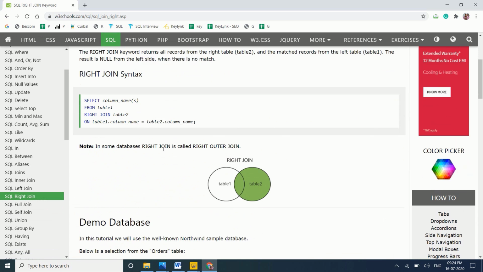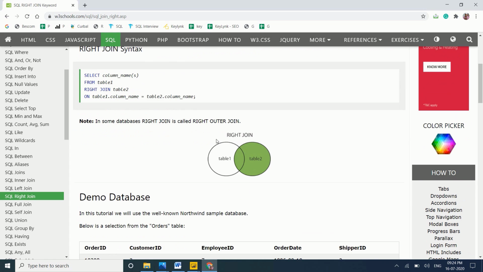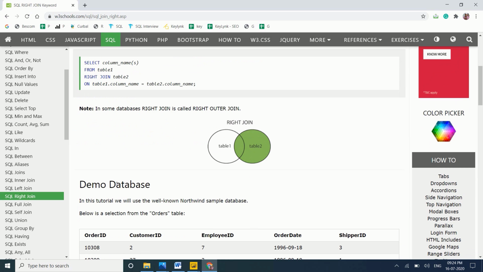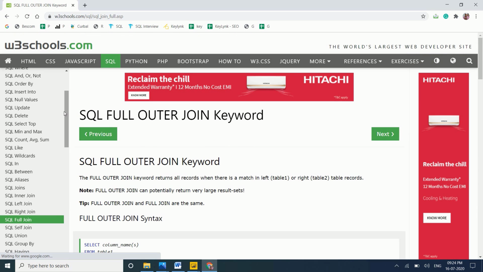Right join is also called right outer join, because from outside the table it is trying to match and getting the values. That's the reason it is called outer join. Full join is also there. Don't worry, all kinds of joins are available in Power BI Desktop. If you don't have knowledge of joins in SQL, no problem, you can do it here.